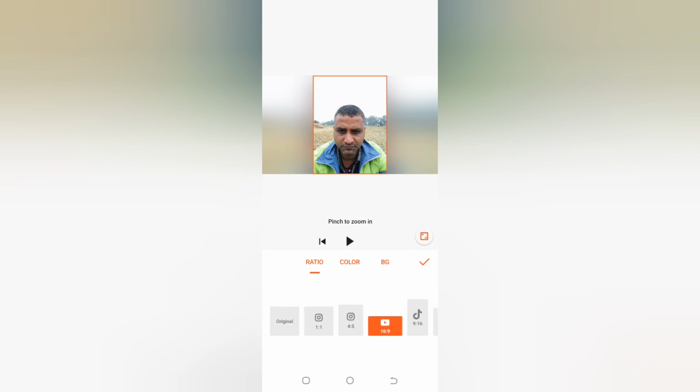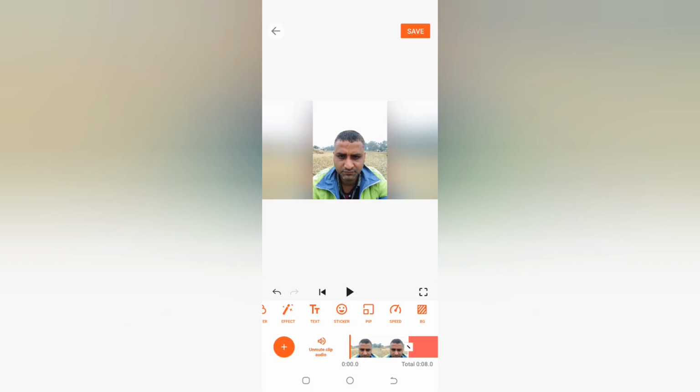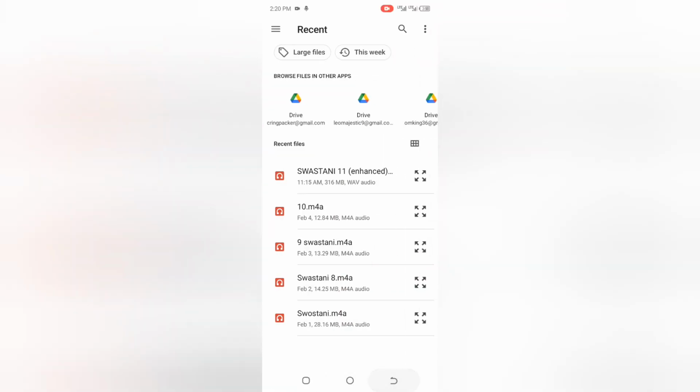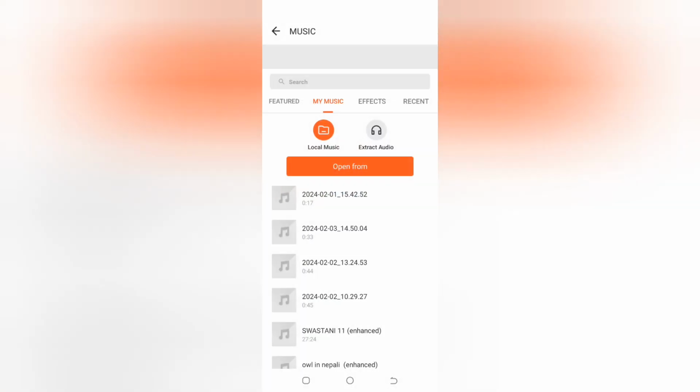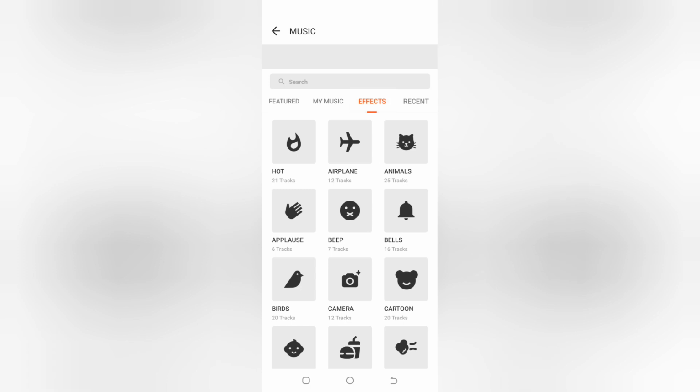You can change the color, and you can use this also, the zooming option available here. And if you want to insert audio, you just click the music here and open from wherever you like. If you have downloaded, you can use that. And there's the effect in here. Airplane, animals, applause, beat, bills,